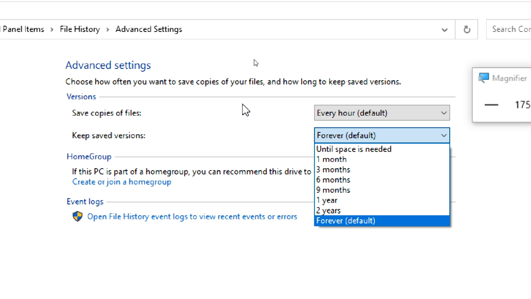So what is that? Here it is. How long do you want to keep the old data? 1 month, 3 months, 6 months, 9 months, 1 year, 2 years. So with 6 months, from today to the last 6 months of data is available. Data from before 6 months will be deleted. As the date changes, the previous data will automatically be deleted based on your configuration. 1 month means data from the last 30 days will be there, and the previous data is removed from the backup, not from your system, removed from the backup only.